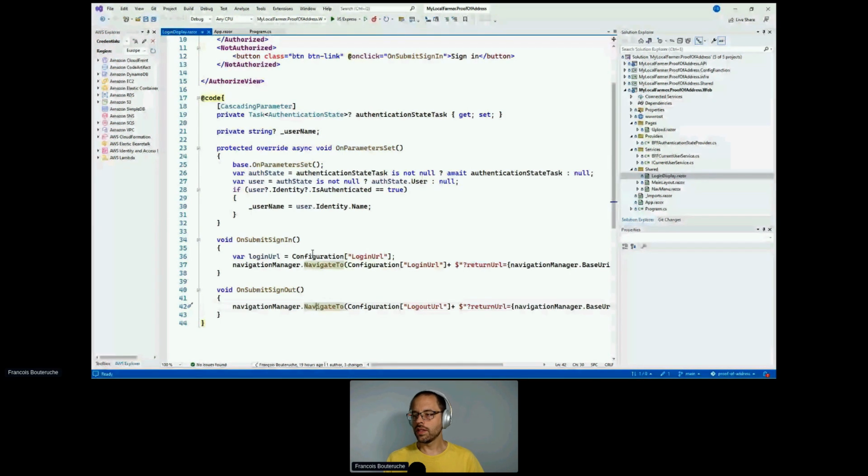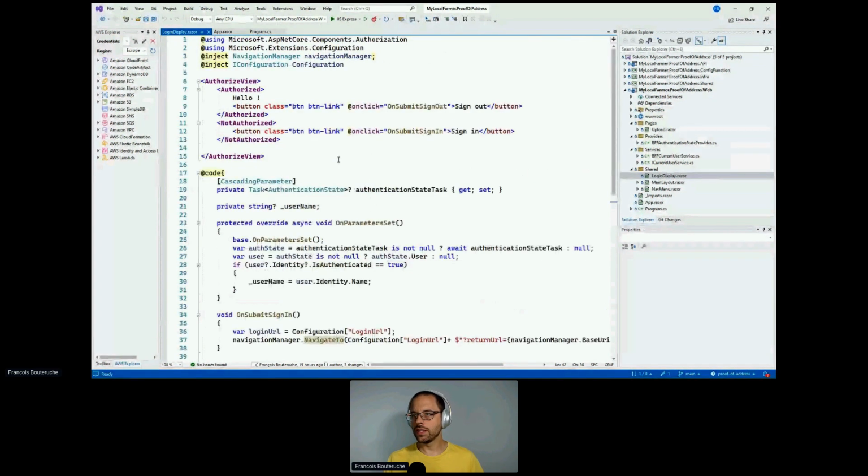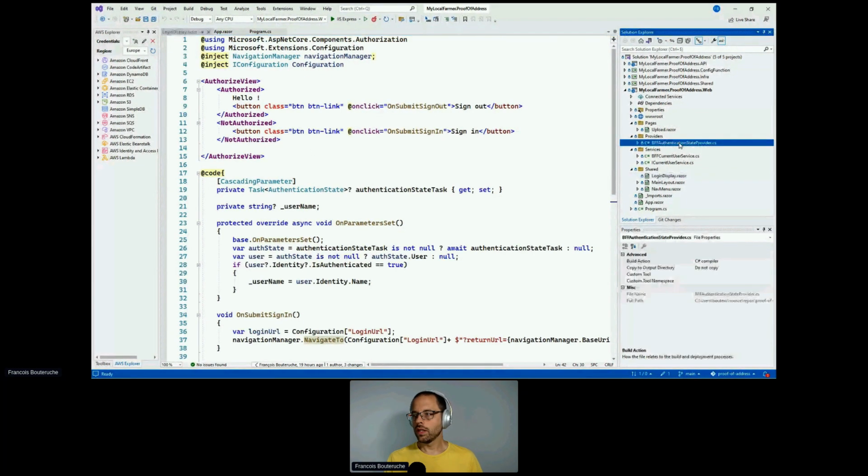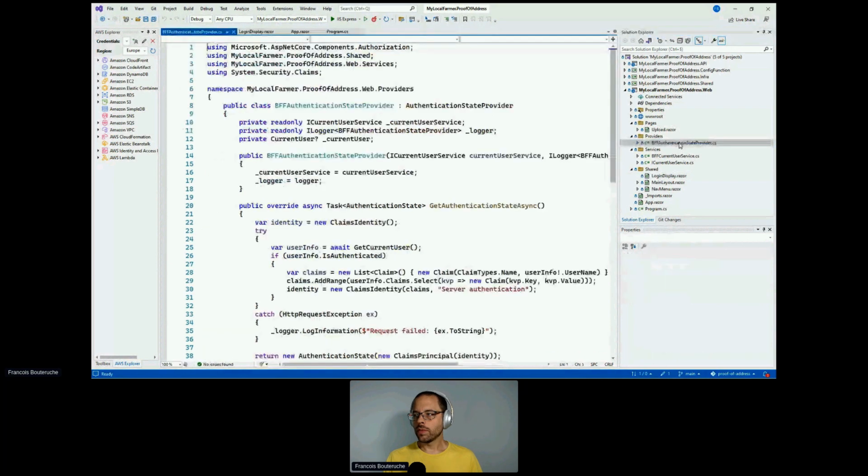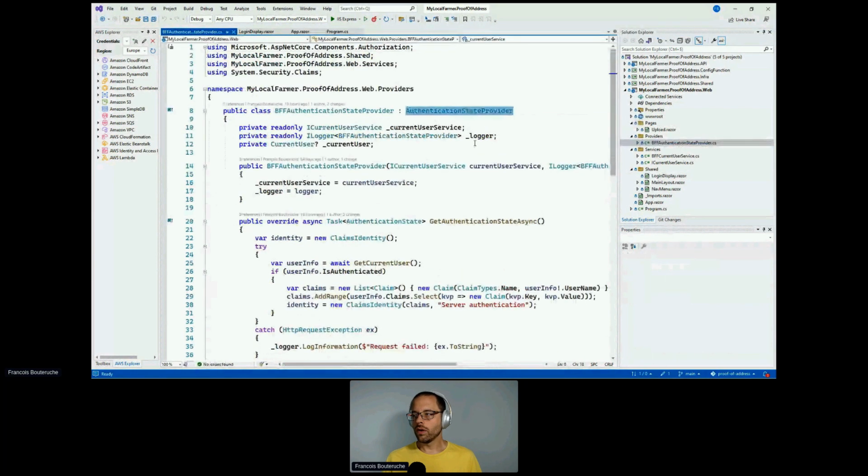So this is for the login display component and how I handle the login and logout action. Let's take a look at my authentication state provider now. I'm implementing an authentication state provider. This class is coming from the framework, and it only requires me to implement the get authentication state